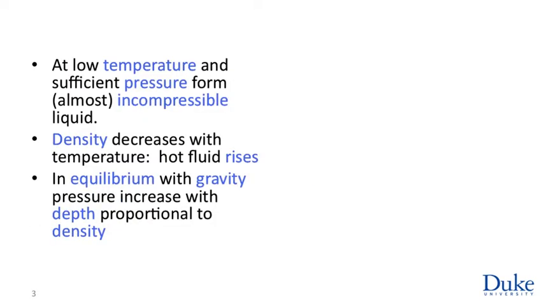Now, if you take a gas and cool it to sufficiently low temperatures, and if the pressure is sufficiently high, we'll see that later, you form a liquid phase, which is similar to a gas in that it doesn't have a fixed shape. The atoms are moving around, but they're weakly bound. As a result, you form a phase called a liquid, which is almost incompressible, which means under reasonable pressures, it maintains a constant density. The volume of a chunk of a given amount of liquid is pretty much fixed. In both phases, the density decreases with temperature.